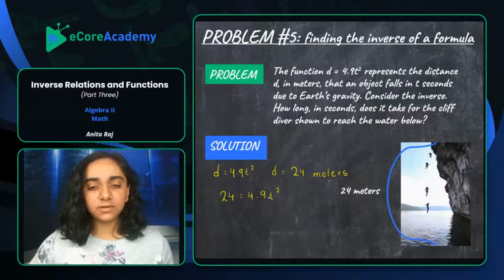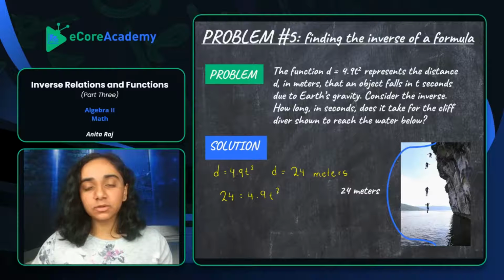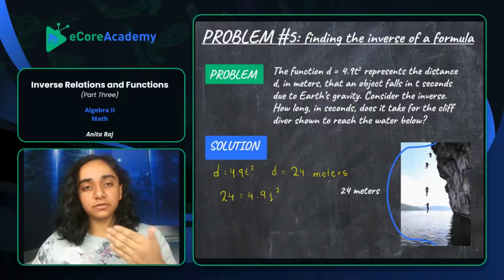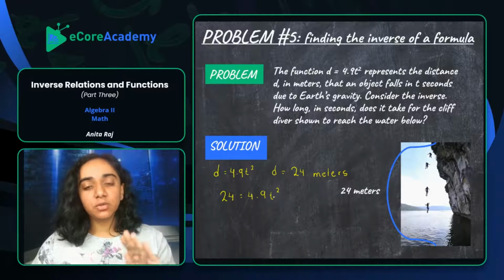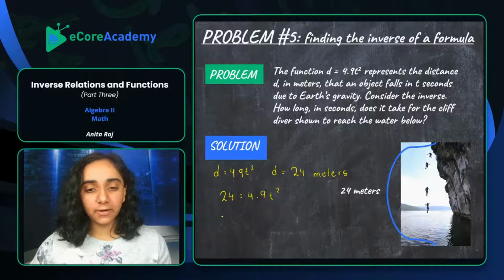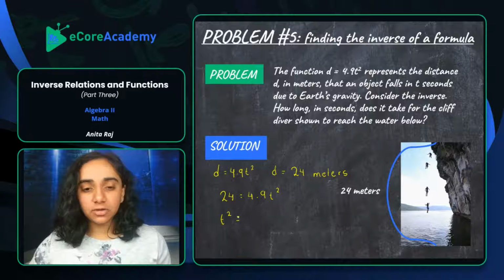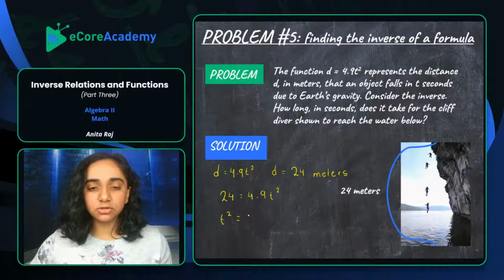First, we want to divide both sides by 4.9 to get t squared by itself, because remember, when we do PEMDAS, the exponents would come first, but since we're going in the reverse way because we're trying to isolate the variable, we will start with division in this case. So let's divide both sides by 4.9. If you have a calculator out, that's best. We can round our answer to the nearest thousandth, and if you do that correctly, you'll get t squared is approximately equal to